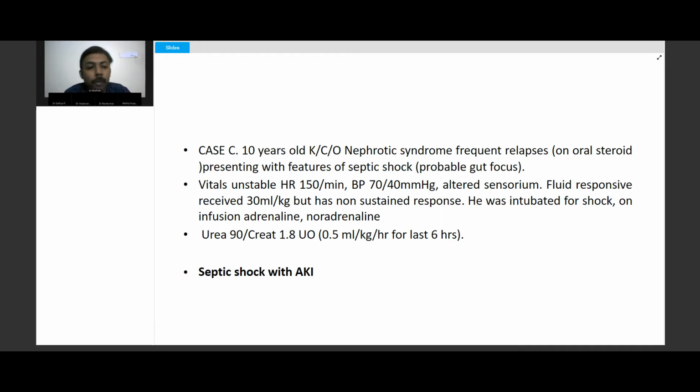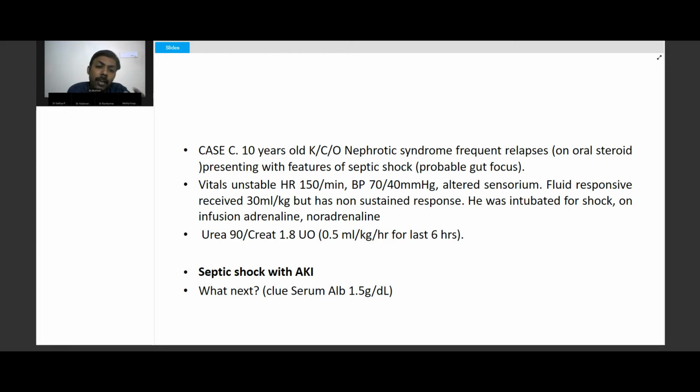Whether to give more fluids or what? Here the clue, which I have not given in the scenario, is the albumin level. If the albumin level is low, like in this case it was 1.5 gram, we can quickly supplement 5% albumin, or even 20% albumin in that scenario, to boost the albumin level, and it's found to have a good response. In fact, this patient didn't require RRT, the inotropic requirement subsequently came down after using albumin, and the urine output picked up.